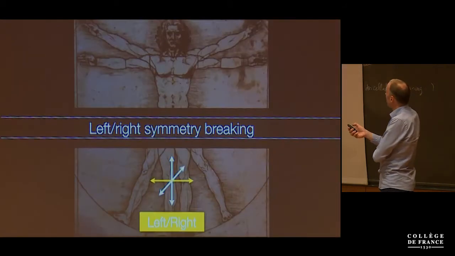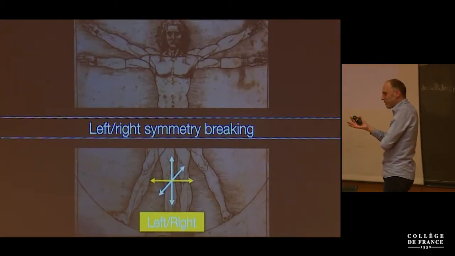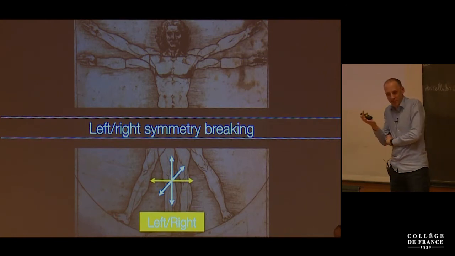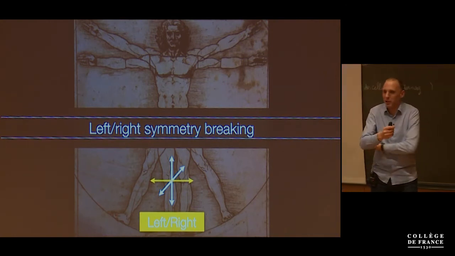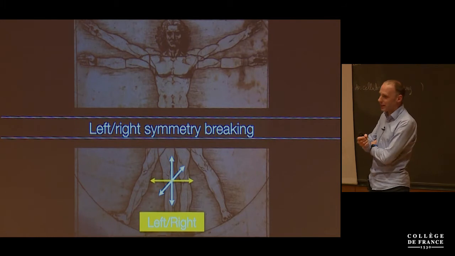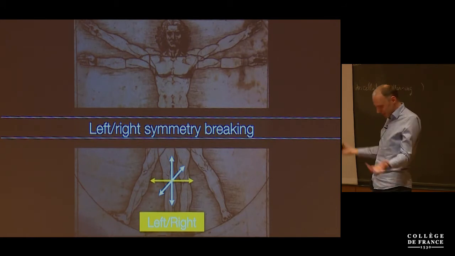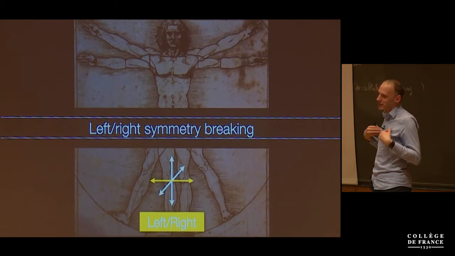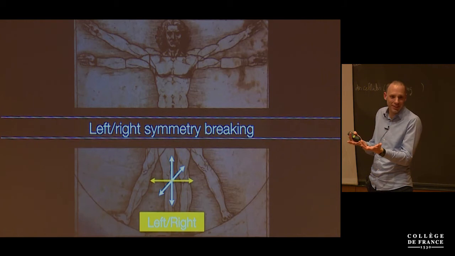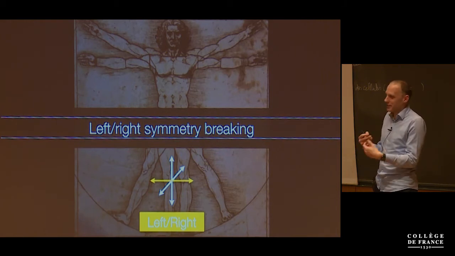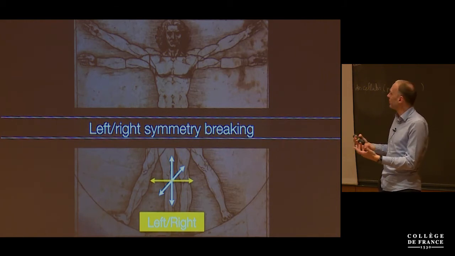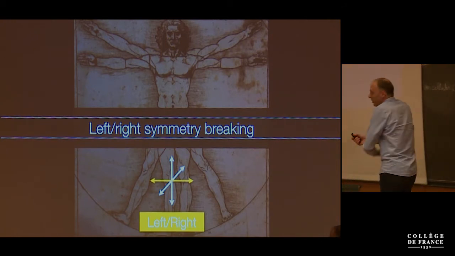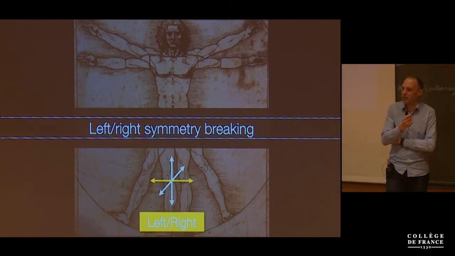And we've been quite interested in that because, of course, it's been a major question that has excited both biologists and physicists alike for many years. We are essentially bilaterally symmetric from the outside, but when you look inside, we're not. Okay, the heart's always on the left side. So what are the processes that break symmetries that help a growing organism to differentiate between left and right?